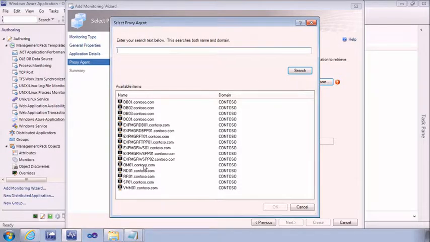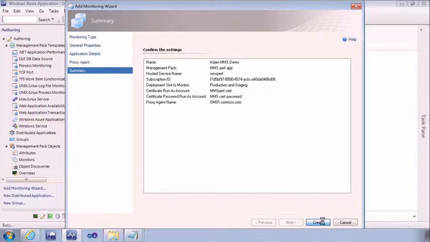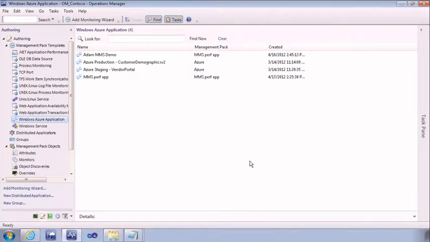So we're just going to go out from our Ops Manager server because it does have internet access in our demo environment, but this allows you to go out through a single channel that you can monitor and manage, or get around the fact that your servers don't have internet access by default. Click Next, and basically we're done. So in that simple wizard, we've connected to the hosted service, subscription ID, certificate, password, and what the hosted service name is. Operations Manager can now go talk to that, connect to that table storage, and start bringing down all